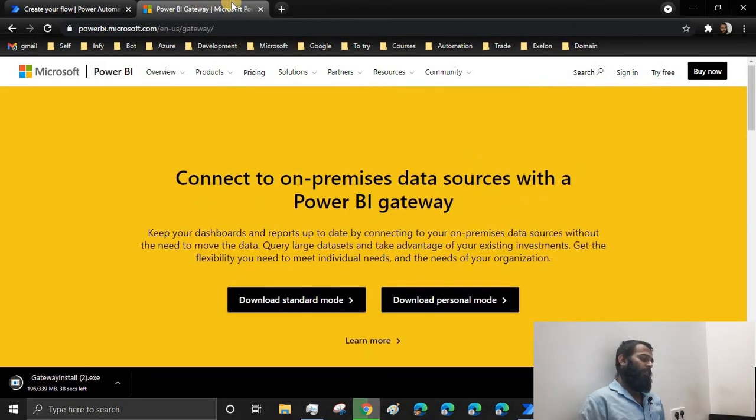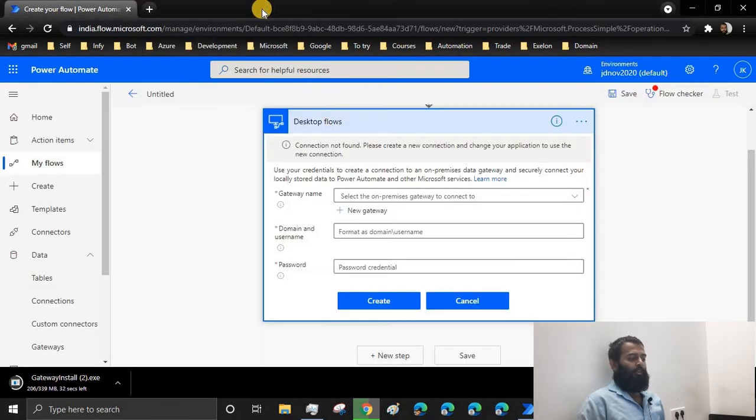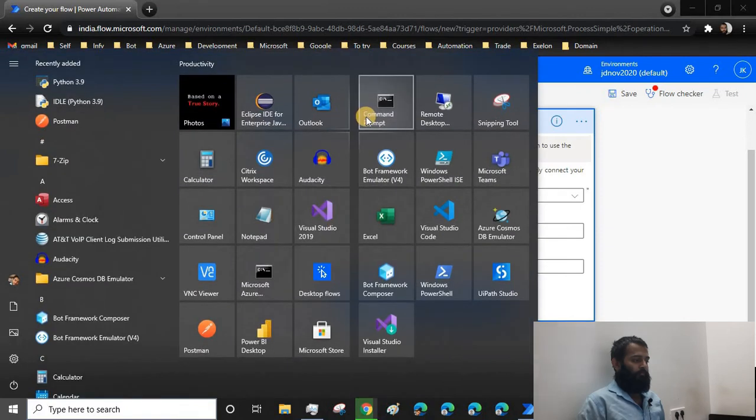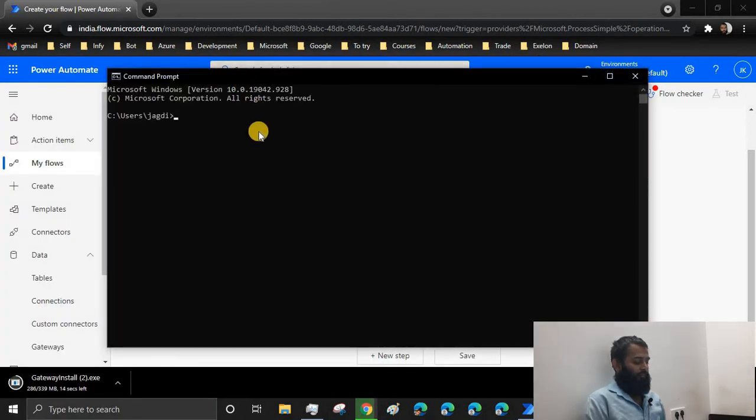And most of the time many users get stuck here, like what is the domain and username. So actually you can find this value by going to the command prompt and just enter whoami.